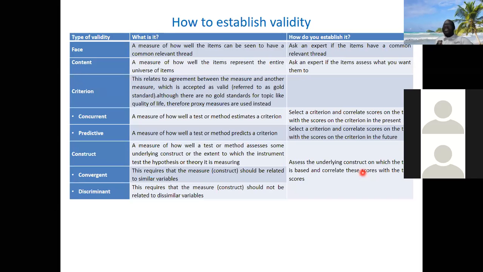Yes. Now, these are constructs. In trying to assess the underlying construct, the extent to which the instrument tests the hypothesis of the theory it is measuring. Because some of these constructs come from theory. They believe that if somebody is happy, those are theory. It doesn't really mean that it will happen like that. But there is no better way. So there are two approaches,